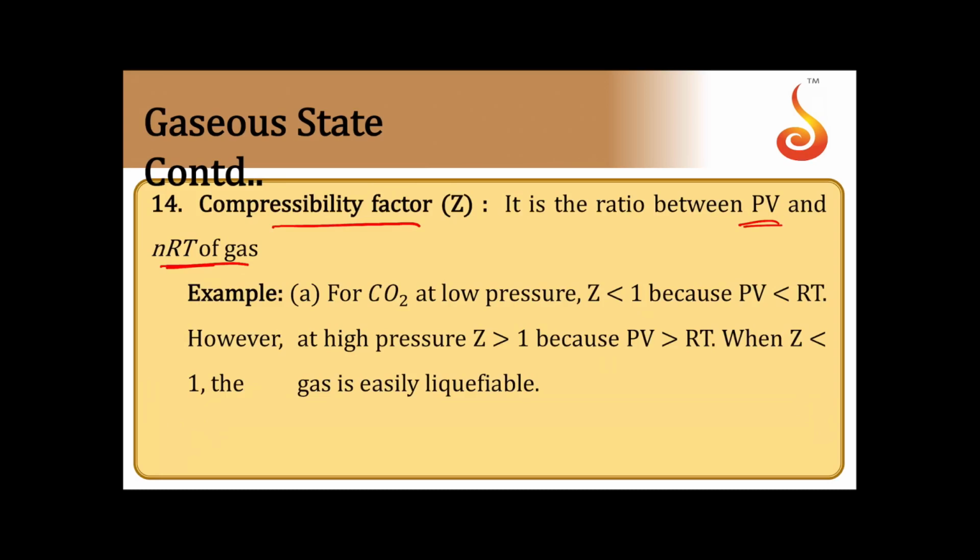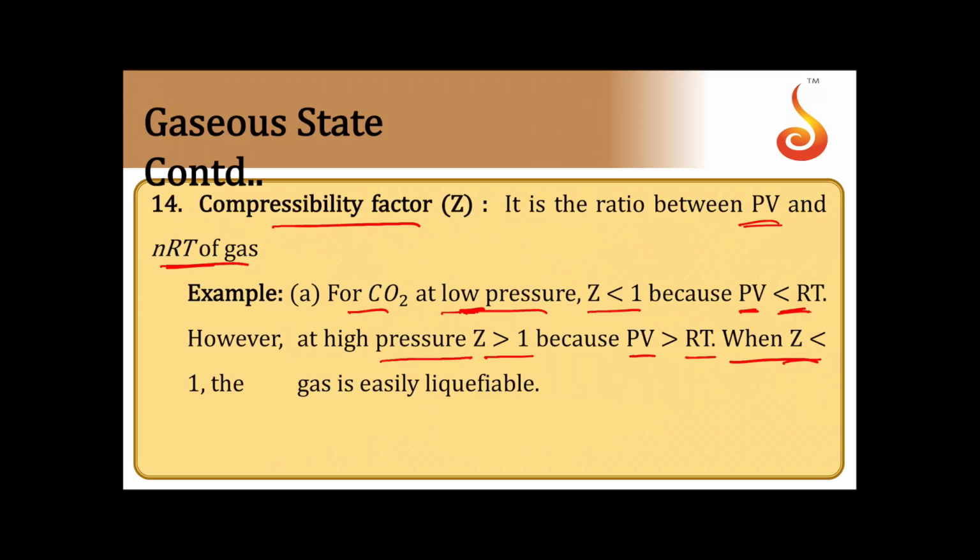Let us come back once. For carbon dioxide gas at low pressure, the Z value is less than 1. At low pressure, the molecules are far apart and they experience the force of attraction. Thereby, the value of PV is less than RT. However, at very high pressures, the molecules are too close and start experiencing repulsion. Thereby, the value of PV will be more than RT. Hence, Z will be greater than 1 for that. So, when molecules are too close, they start repelling. When molecules are far away, they start attracting each other. Therefore, Z is less than 1.